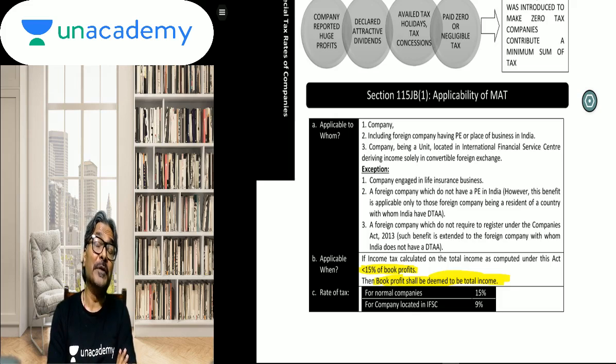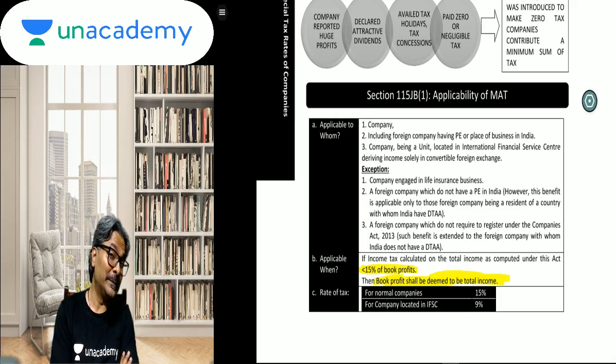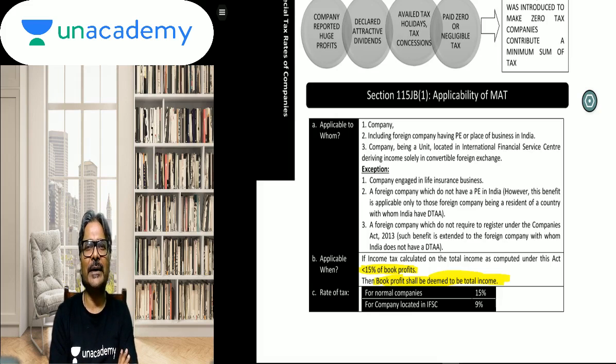So if the normal tax has gone to 15%, you will learn in 115BAB. So there cannot be a case where the MAT rate is higher than the minimum tax, and that is the justification why for the MAT the rate has been reduced from 18.5% to 15%, whereas for AMT the rate continues